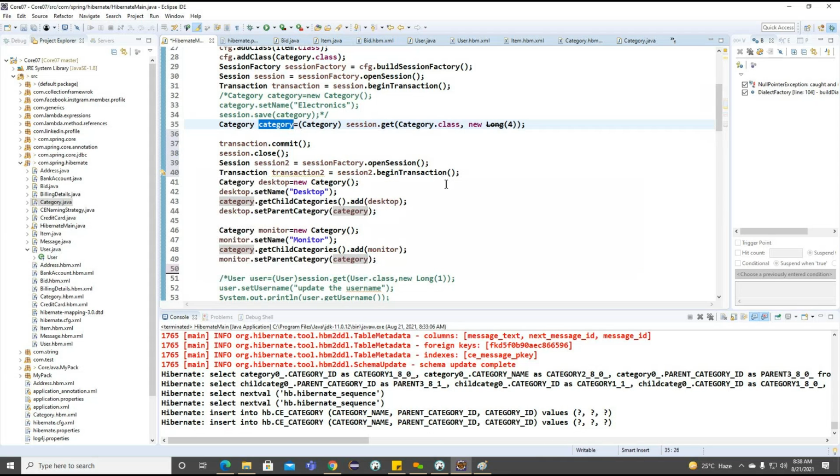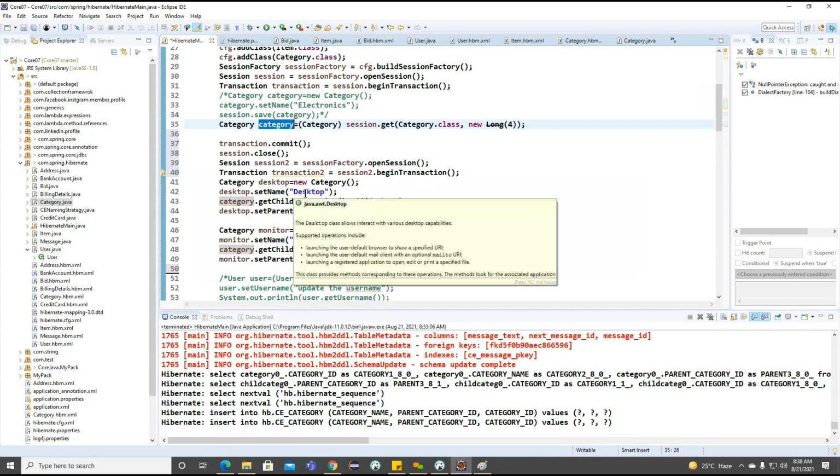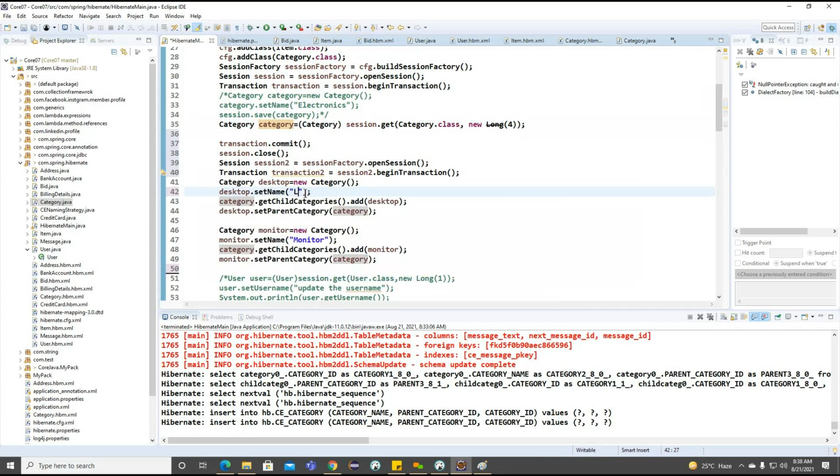So once we get this particular computer related category, I'm creating one more category, something called laptops here. And this is the laptop category.